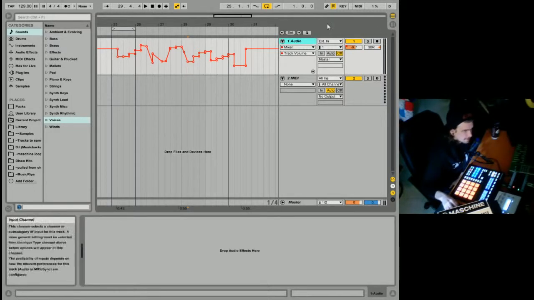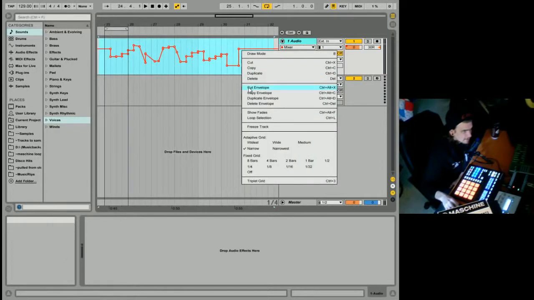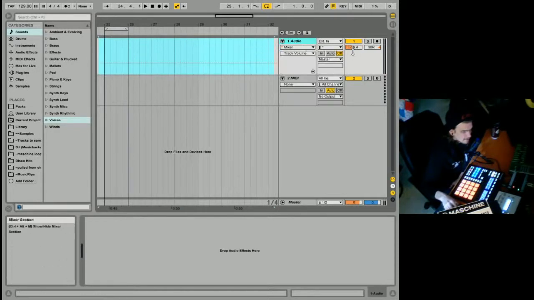That is the top part. Don't worry about key, and don't worry about a lot of these loop functions. Just remember loops. And also you can delete your automation by cutting the envelope, and then now it's back to normal. And you can move that back up to 0, or you can return to default. Okay, so